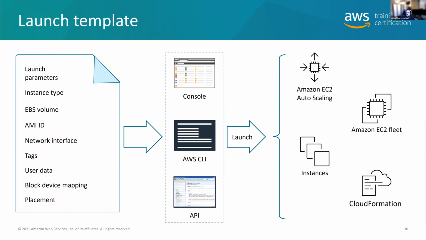And then just know that if you wanted to wrap all this together, like put your AMI IDs and the network interface and your tags and your user data and all your hard drives and any placement groups, you can actually put this into what's called a launch template. This is used, by the way, for auto scaling, spot fleets, on demand. This will allow you to create a pre-configured template for launching your EC2 instances.